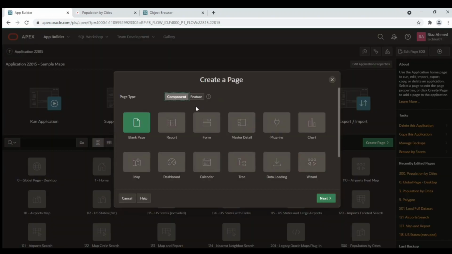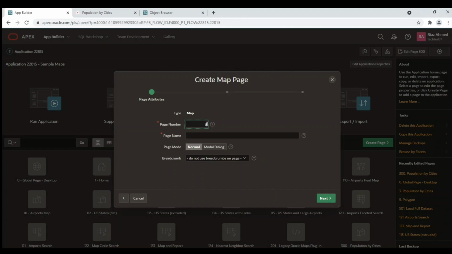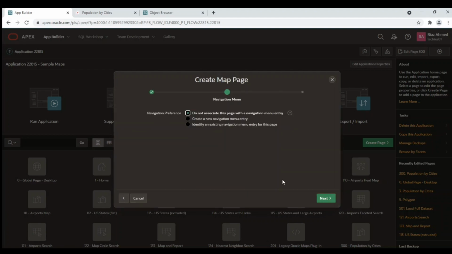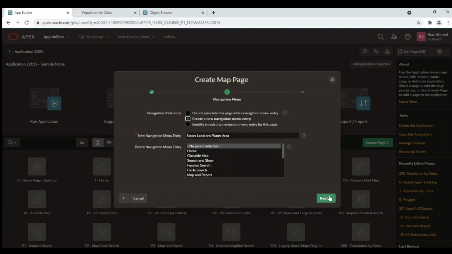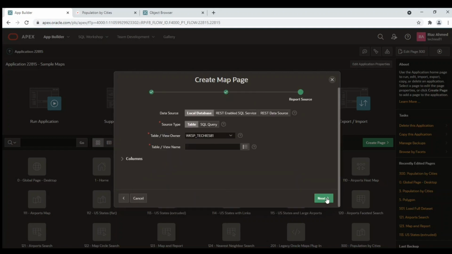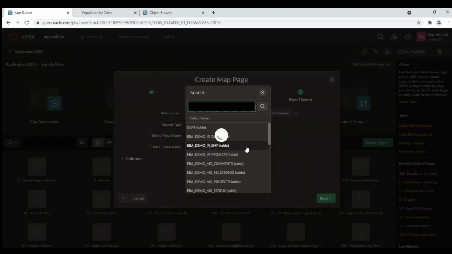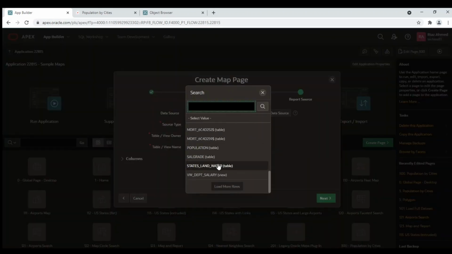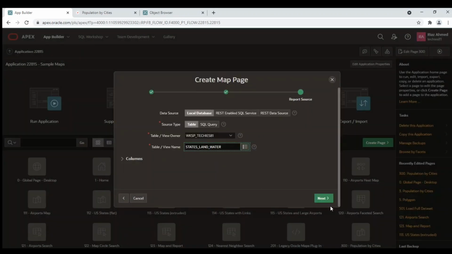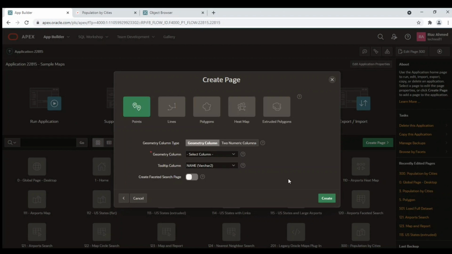Create another map page. This time select the Polygons option. A polygon can be used to store city boundaries, business regions, and so on.